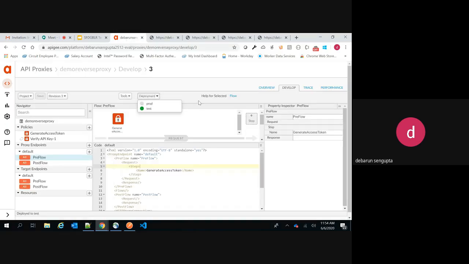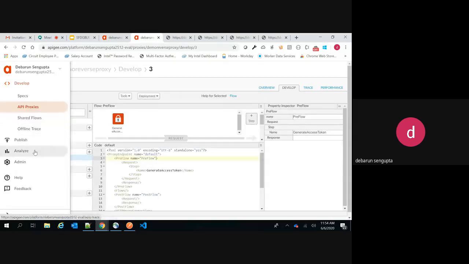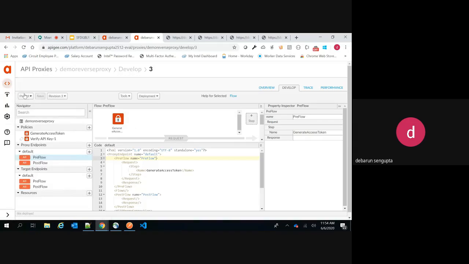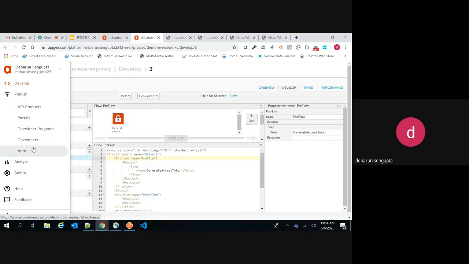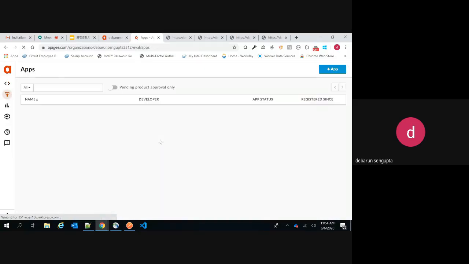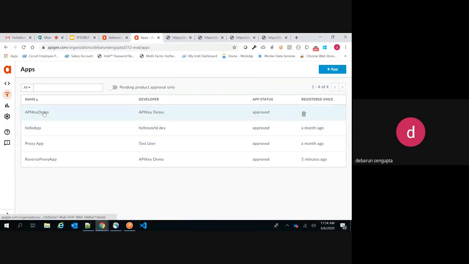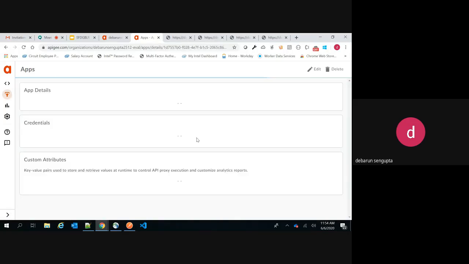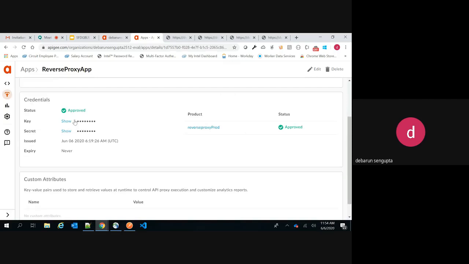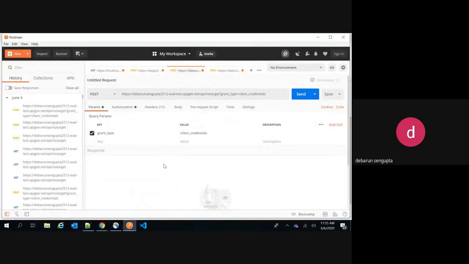So for doing that, you need to do the same thing, just like you did for API keys. You can go to this publish tab. You first have to create an API product, which you have already created. In my case, since I'm already using this one, it has already been assigned. Then you have to create a developer, which you already have. Then you have to come to this app. Since we have already done all these steps for API key, we don't need to repeat them. In this app, we have all these settings which got created, client ID and client secret. Now, we will open Postman.